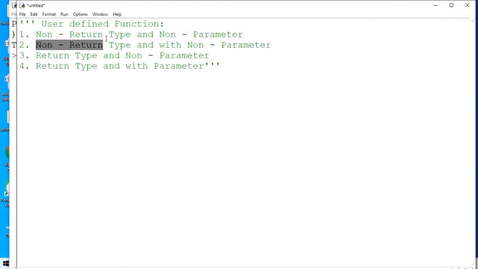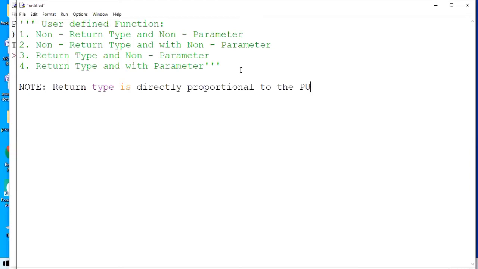Return type is directly proportional to the output. I hope that everyone is there along with your note, copy and pen. Return type is directly proportional to the output.